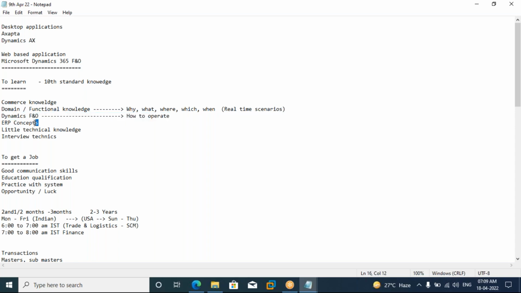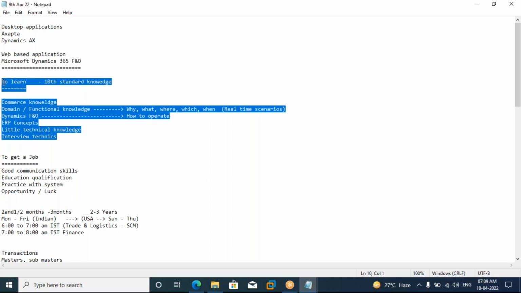And then ERP concepts. There are so many ERP concepts like ledger, subledger, enterprise level data, number sequences, fiscal calendar. All those things are enterprise level data, and all those things are ERP concepts I need to teach you. A little bit of technical knowledge you need to understand, and interview techniques. All these things I will teach you. This is in my hand. And to get a job,